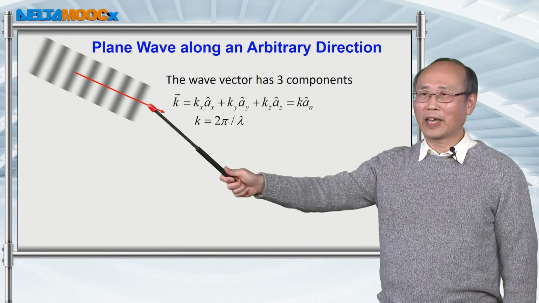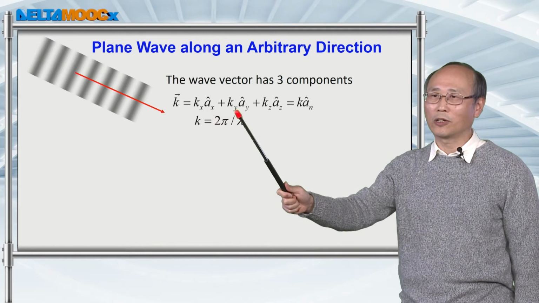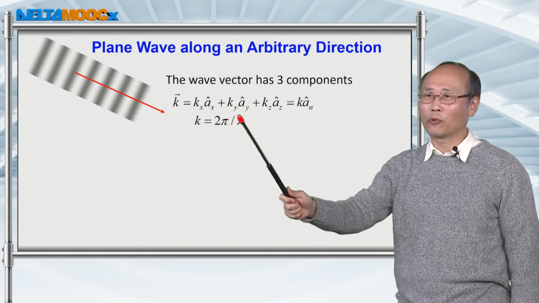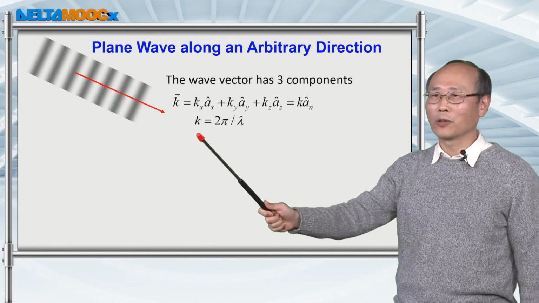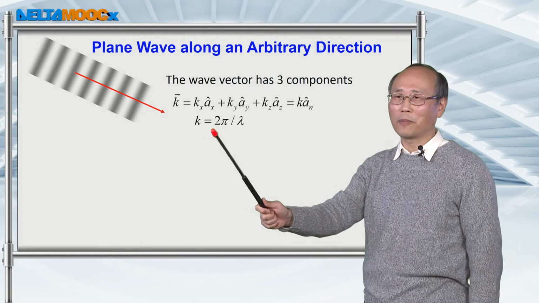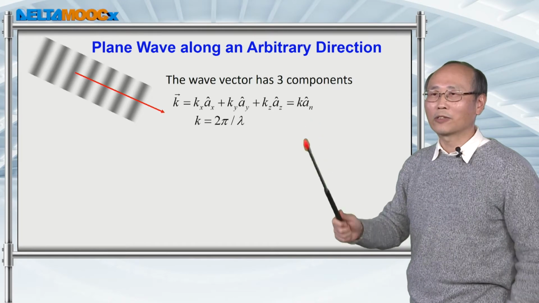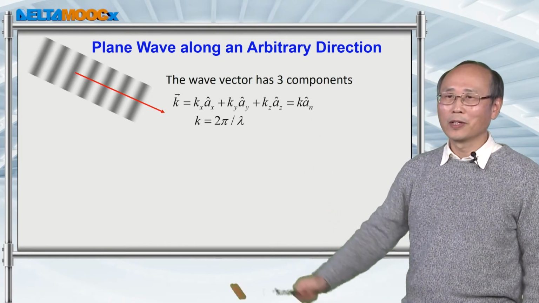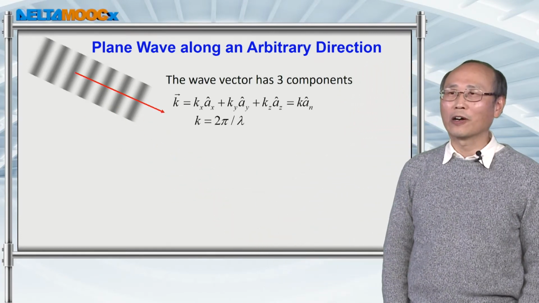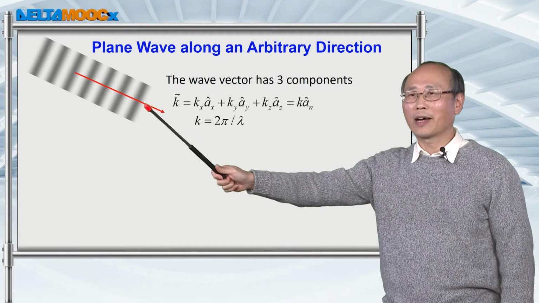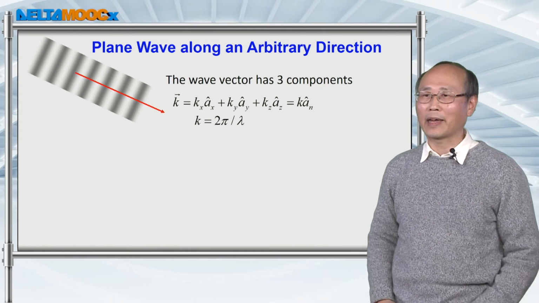Now, suppose we have a k vector along some arbitrary direction like this with three components in the x, y, z coordinate system. You have x component, y component, and z component. And there's a certain amplitude associated with it. And we already know that the k wave number is equal to 2 pi over the wavelength. And this an is going to tell you the direction of the wavefront. So think about that you have a few planes which are the wavefront of the sinusoidal wave. And perpendicular to this wavefront is the unit vector denoted by an.